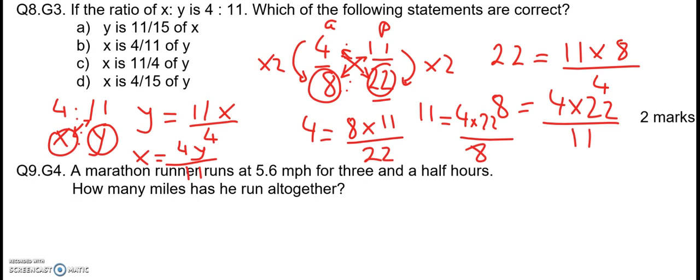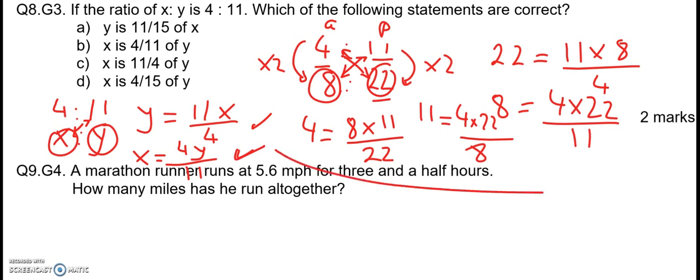So let's see whether this statement and this statement will appear in the options above. So we've got y being option A. Y is 11 over 15 of x, and that is not the case for y, so A is not true. Looking at B, which says x is 4/11 of y, which is true, because x equals 4y over 11 is